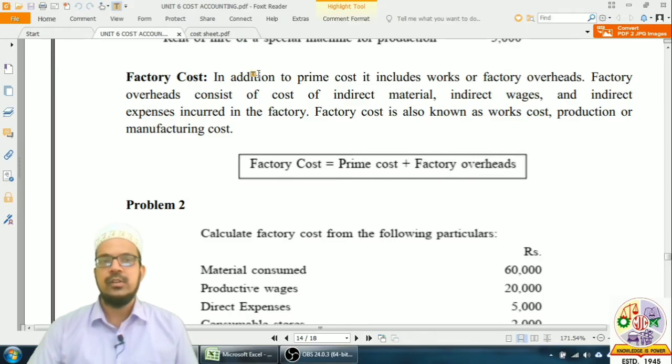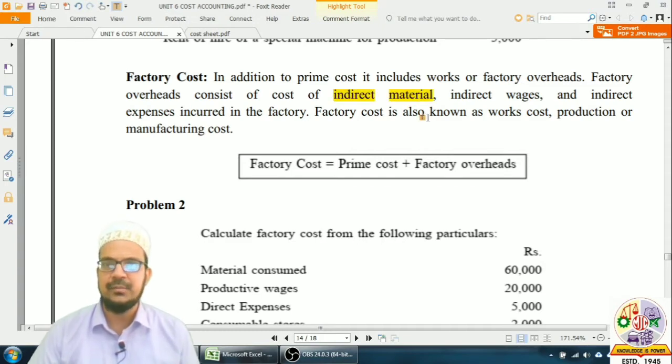Today we are going to discuss factory cost. In the last lecture we solved a basic problem in which we calculated the prime cost of a cost sheet. In addition to prime cost, the cost includes certain factory overheads. These factory overheads consist of various materials which can be termed as indirect materials, indirect wages and